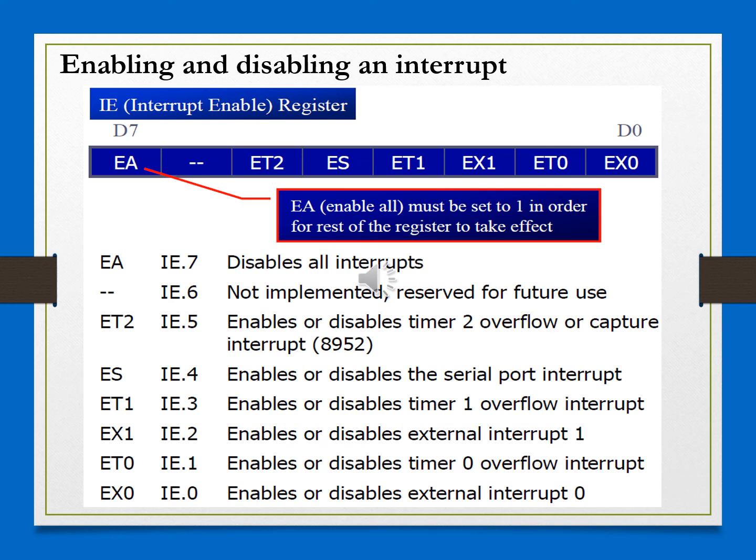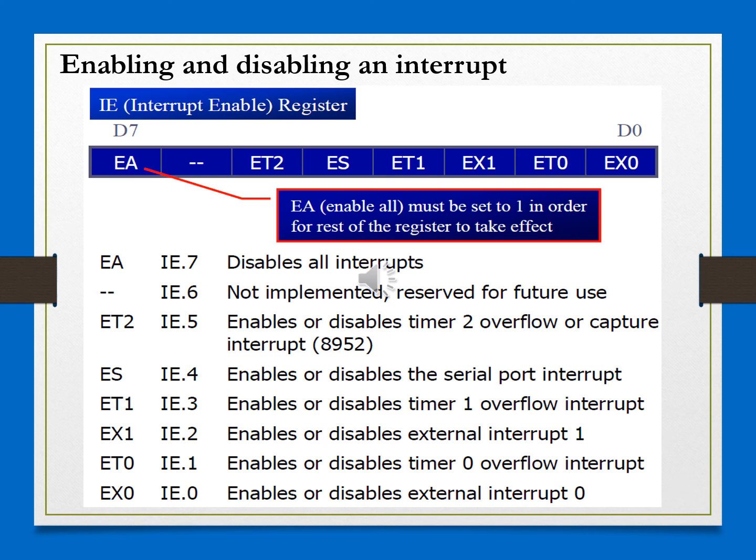Okay, so in order to get the response, the interrupts have to be enabled by software method. To do so, we will be using a register called the interrupt enable register. So observe the interrupt enable register given there. It includes all the bits there, starting from LSB. If you go from LSB,